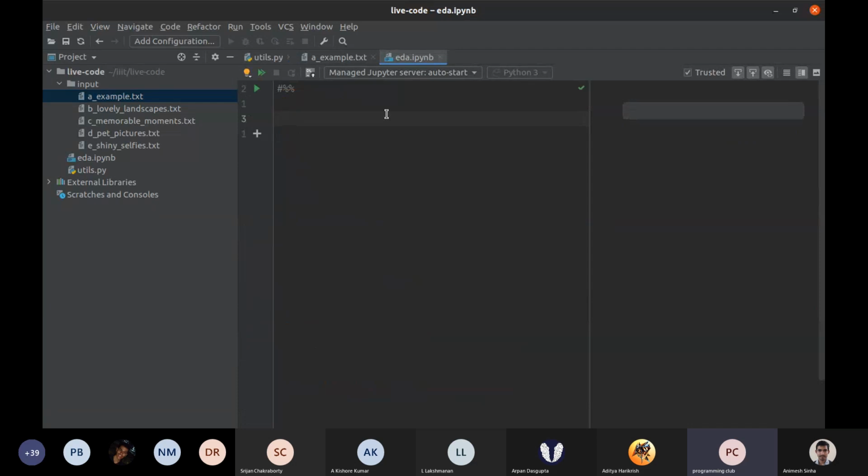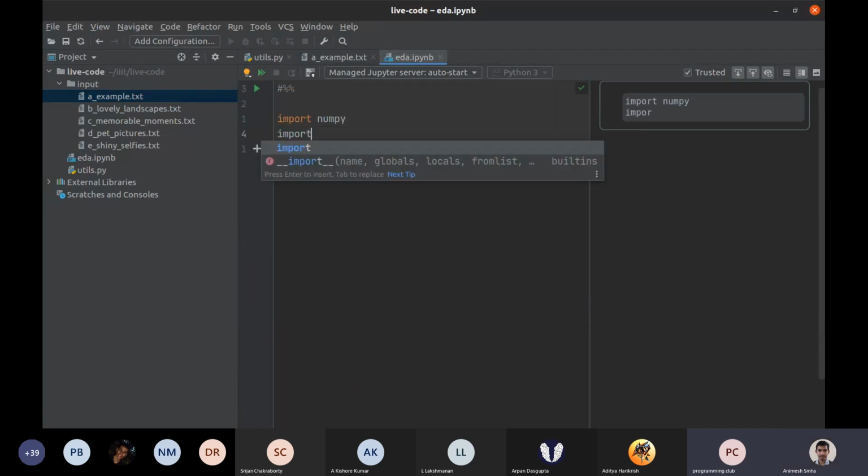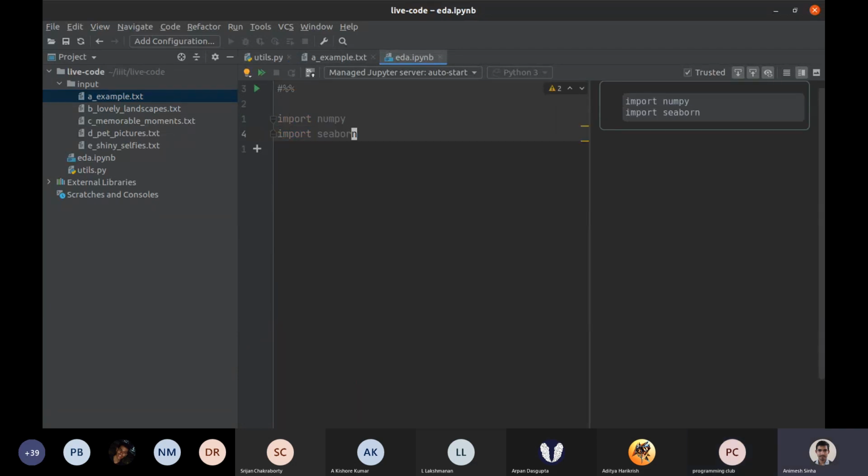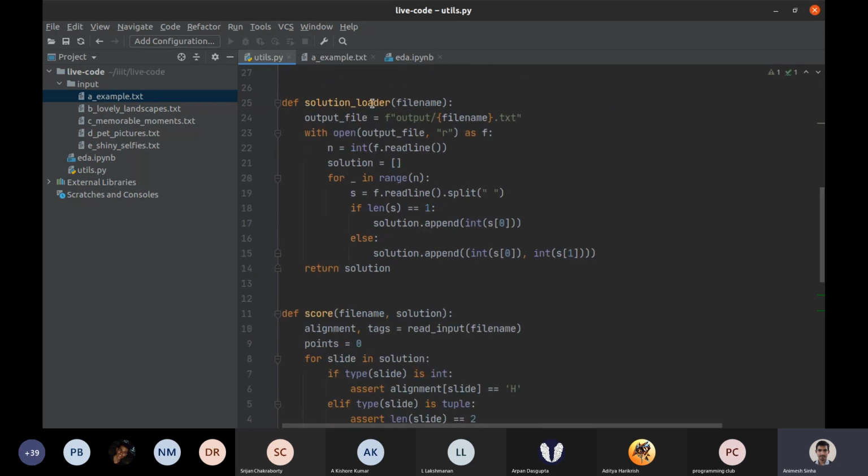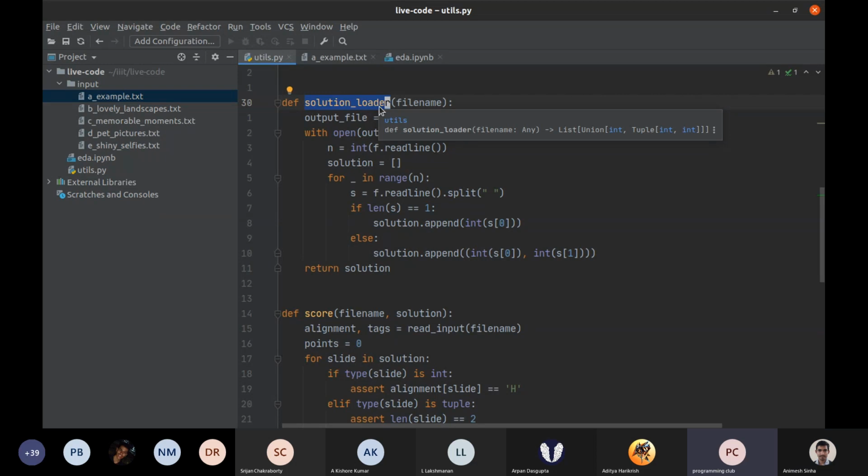Just one more comment here: when we are looking at the utils file, we need to have the solution load and the solution write methods, because for a lot of the time in the later hours, you will be taking good solutions that you have already found and trying to slowly improve on them using ideas called local search that we'll hopefully get to.